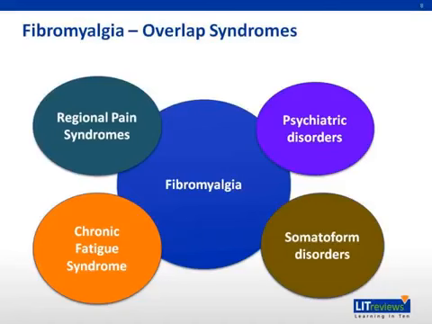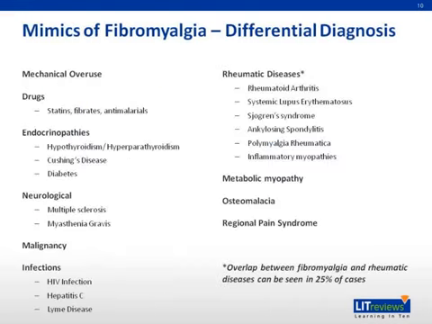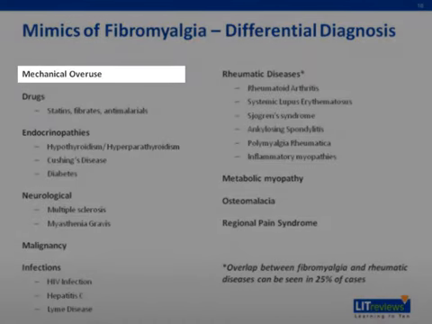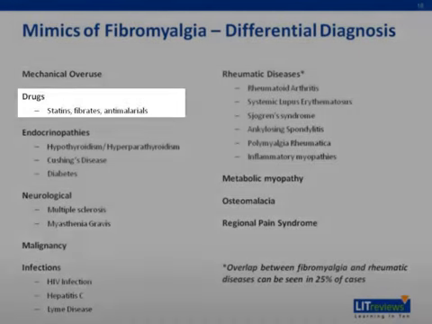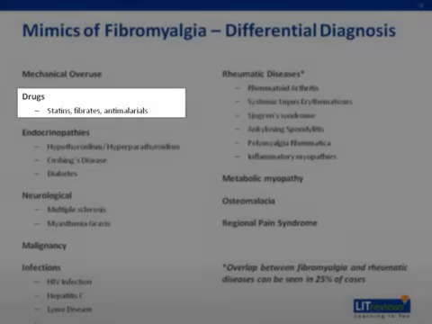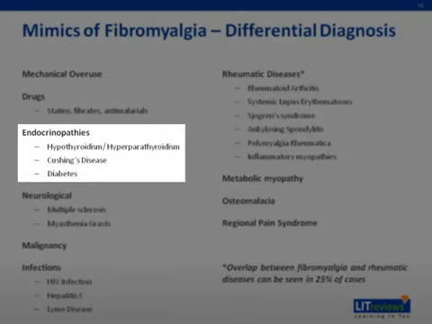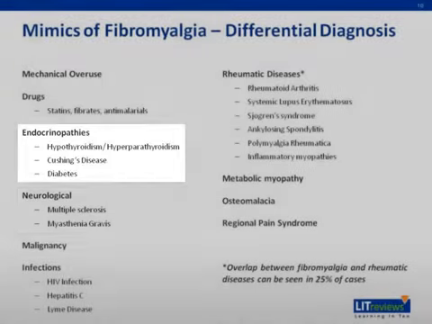This diagram demonstrates how fibromyalgia often occurs alongside other overlapping syndromes, namely regional pain syndromes, chronic fatigue syndrome, psychiatric disorders, and somatoform disorders. Be very careful, as many diseases, some rheumatic, some not, may mimic fibromyalgia. These include mechanical overuse, drugs such as statins, fibrates, and antimalarials, endocrinopathies including hypothyroidism or hyperparathyroidism, Cushing's disease, diabetes, neurologic